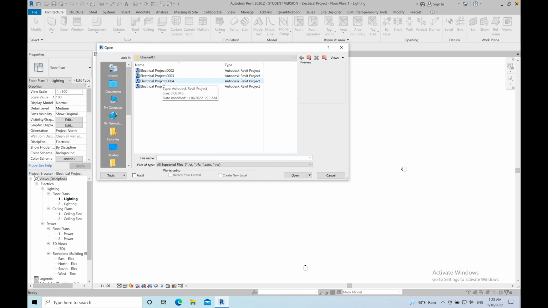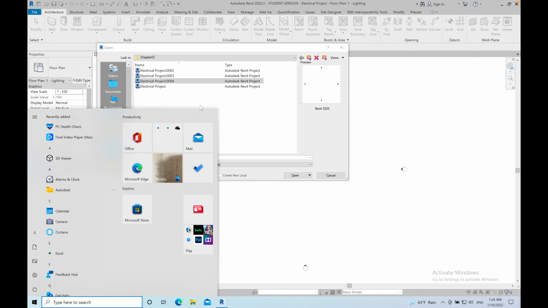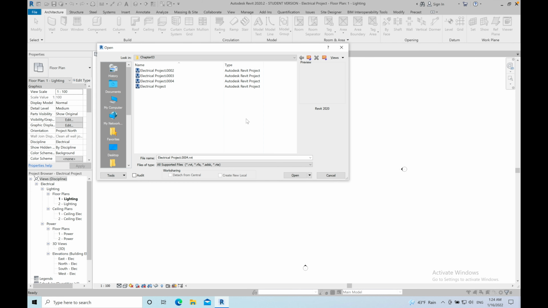Now I have to delete these backups. So I want to select this one and this one and this one. I want to delete them. I will delete them. Then we can move to next